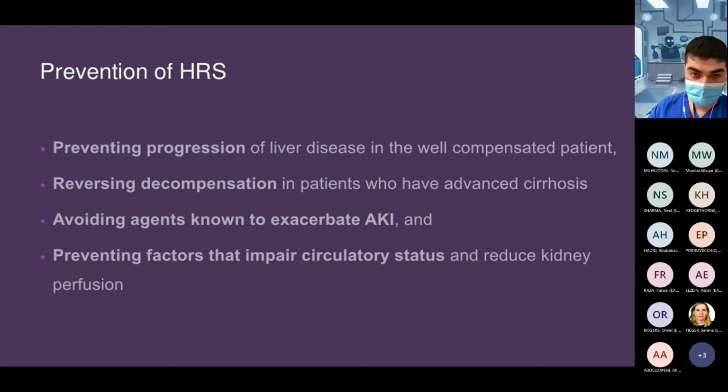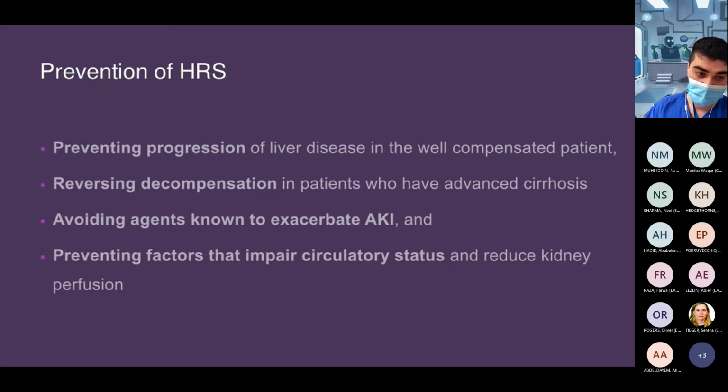Preventing HRS is very, very difficult because most of the times you will see these patients who have both declining kidney function and worsening ascites. The ascites and the peripheral edema commonly limits their quality of life. You obviously want to keep a control of that, but sometimes you have to use huge amounts of diuretics to try and control that side of things. Then if anything else happens, like an infection, a chest infection or SBP or anything else, they'll come in, they'll be on a huge amount of diuretics, they'll be sick, and then that is kind of a recipe for them